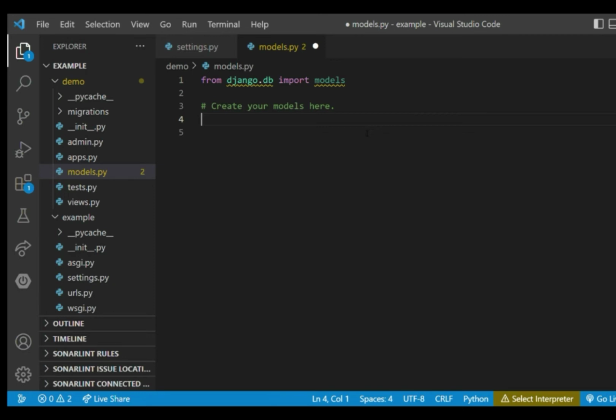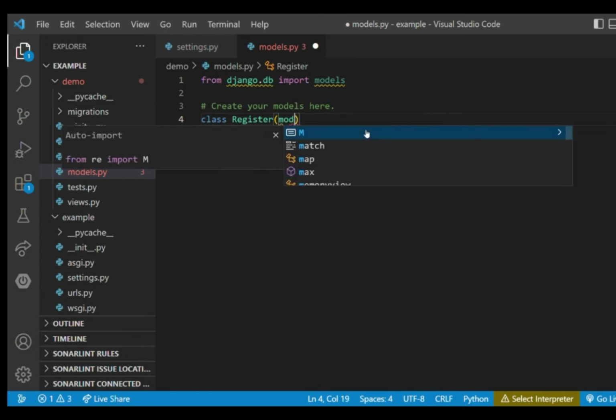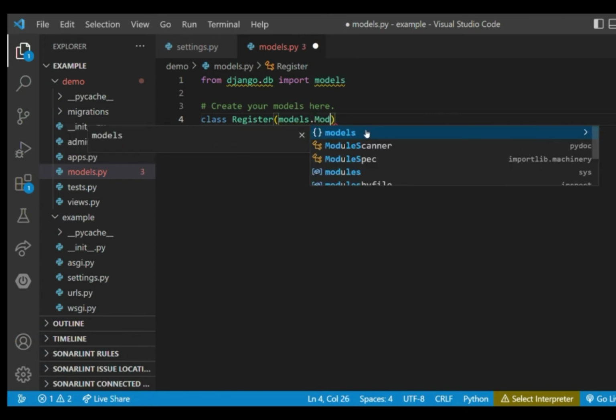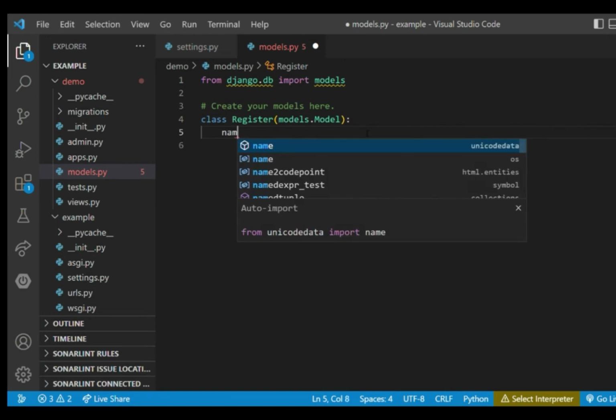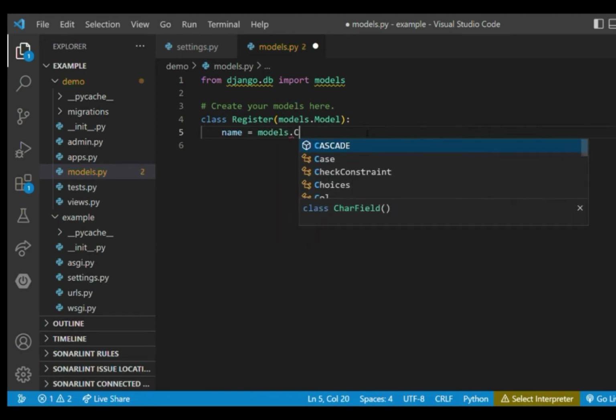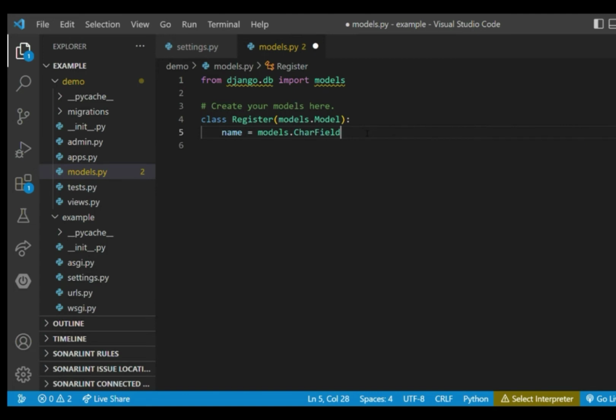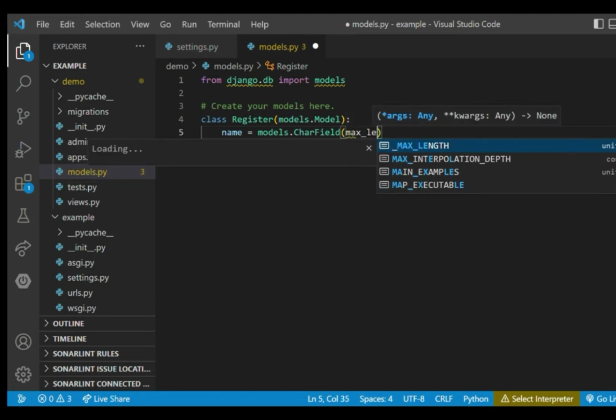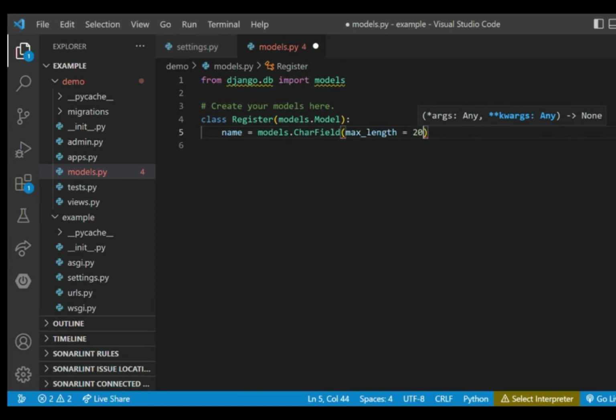Since this is sample code, we'll write a register model. We will write class, then register, then models.Model so that we can register our model. Then we will define some attributes, like name. Since name is a character field, we're going to define it as models.CharField, and we'll also define a length. So models.CharField, and then in the parenthesis we will define max_length=200 as our parameter,